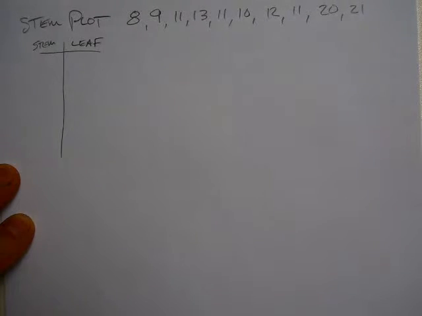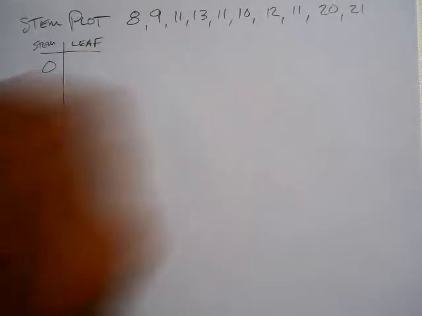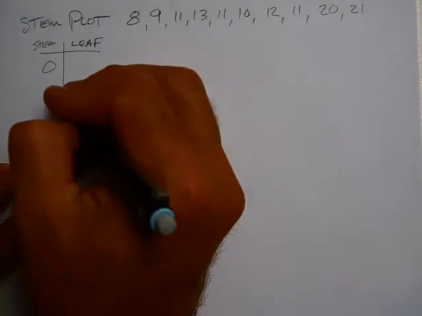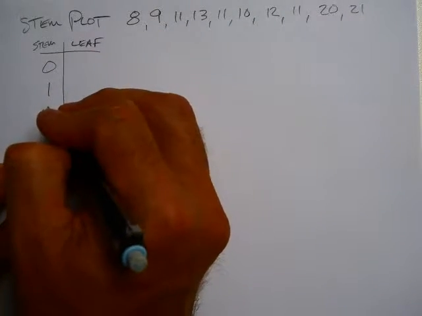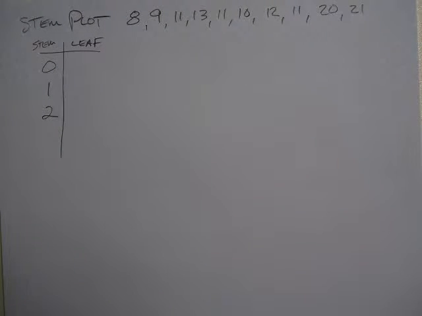I use the 10s. In this case, I'm going to use the 10s as my stem. So my smallest amount of 10s is 0, and my largest amount of 10s is 2. Because 21 is the largest number, and 8 is the smallest, right? So now I go through and I'm going to make the leaf will be the 1's values from preferably smallest to largest in each